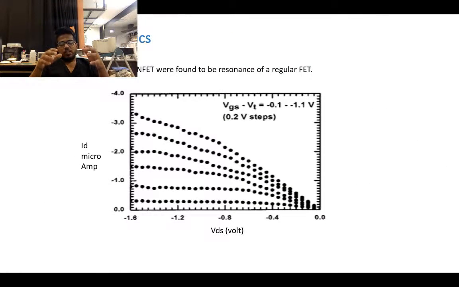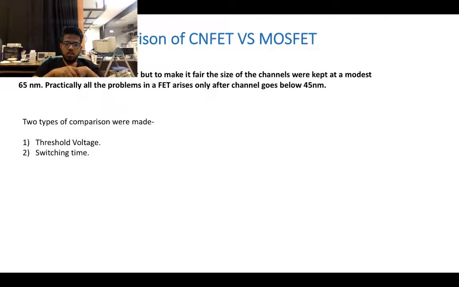Now, this particular fabrication technique led to the production of that CNFET, whose output characteristic is as shown here, which is similar to the output characteristics of present MOSFETs. And this is just to prove the fact that this device that you made is actually acting like a MOSFET and not anything else. Now you have the CNFET and you have the MOSFET, and you want to make